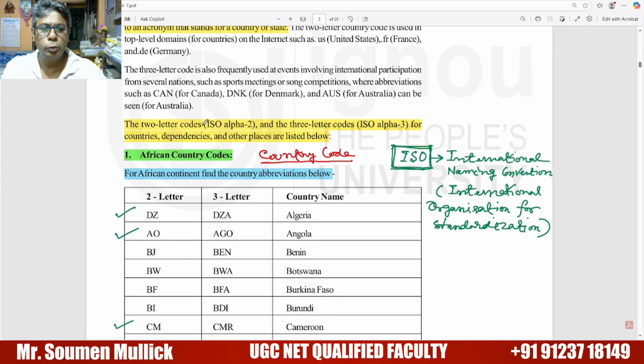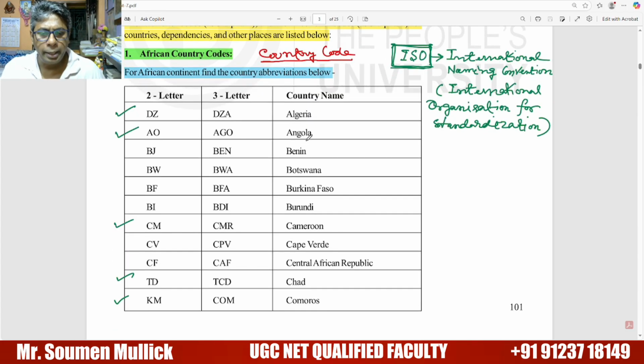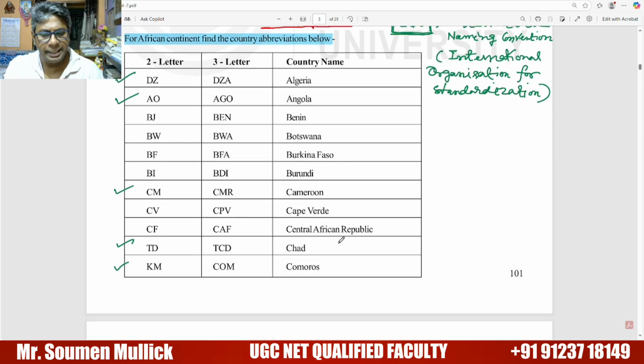So the 2-letter code ISO Alpha 2 and 3-letter code ISO Alpha 3 for countries, dependencies and other places are listed below. So ISO means International Organization for Standardization, a Western international organization for standardization. The ISO Alpha 2 and ISO Alpha 3 and country name. As an example, African country, Algeria 2-letter code DZ, Angola AO, Cameroon CM, Chad TD,